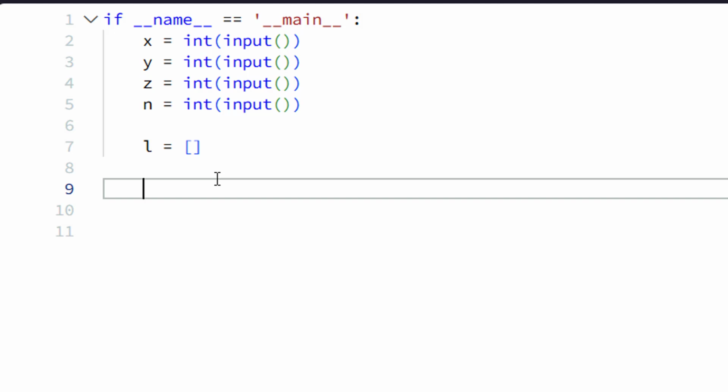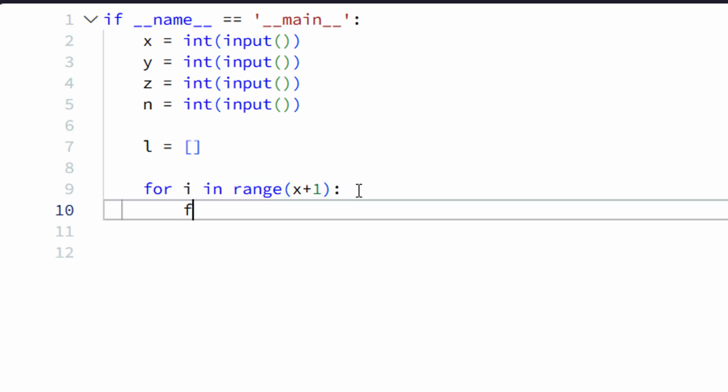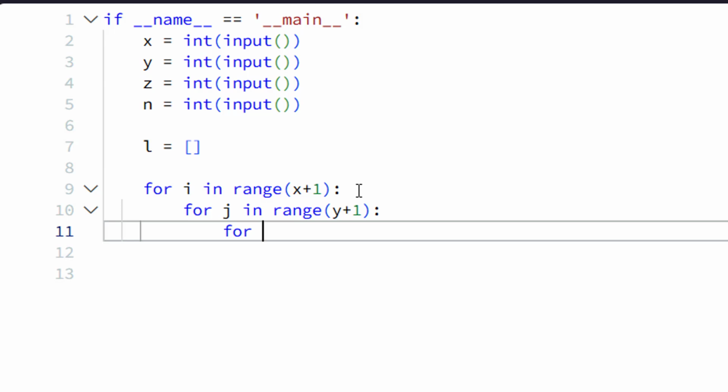It would be like for i in range of x plus 1. Next, for j in range y plus 1. Next, for k in range z plus 1.